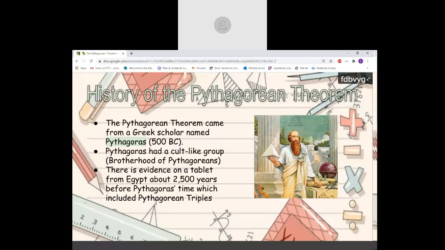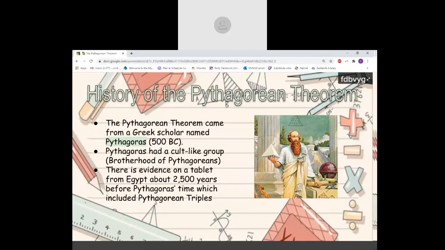But he made everyone that was at this school take vows of secrecy. And it's because of this secrecy that we don't know where it actually came from. The Pythagorean theorem could have come from one of his students and was just named after him. We don't exactly know. But what we do know is that about 2,500 years earlier, way before Pythagoras lived,